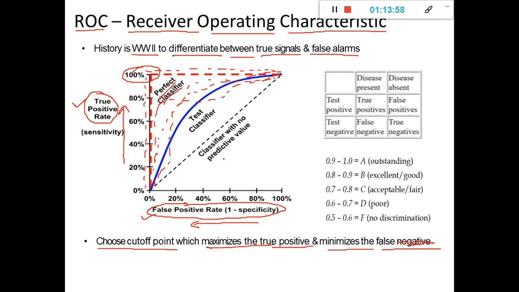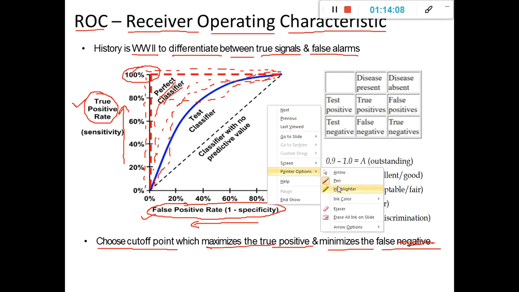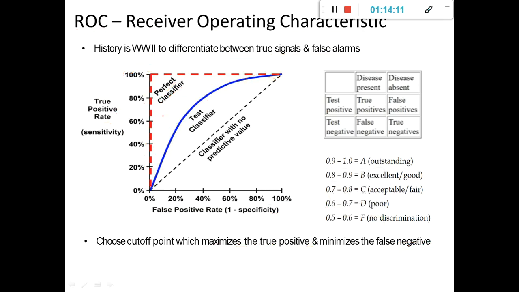And there is something more you can come up with from this ROC curve. It is called the area under the curve, which means once we plot this curve, suppose this is my curve given by my model, then the area under this curve is a very significant parameter to decide whether my model is good or bad. It is called AUC, area under the curve.